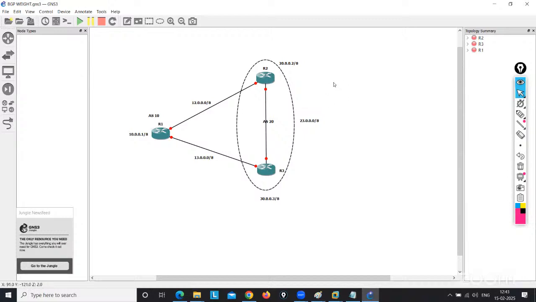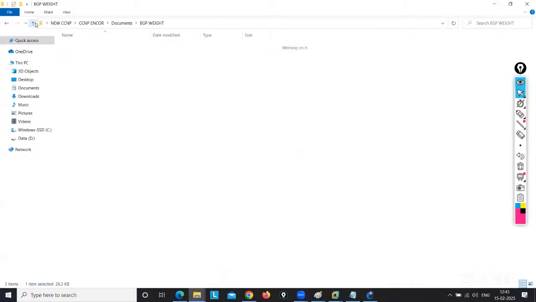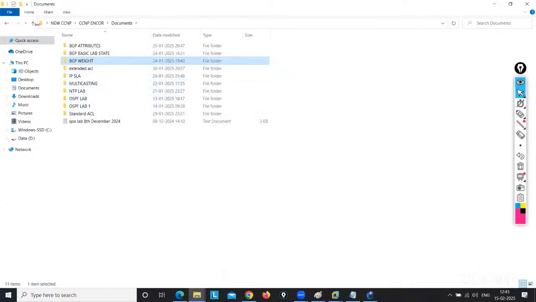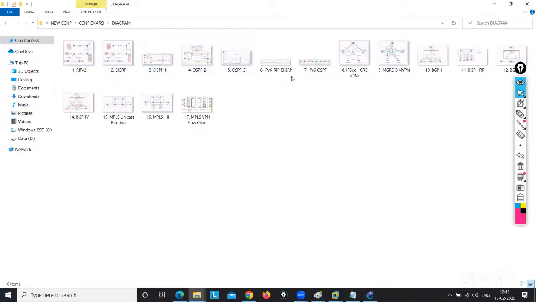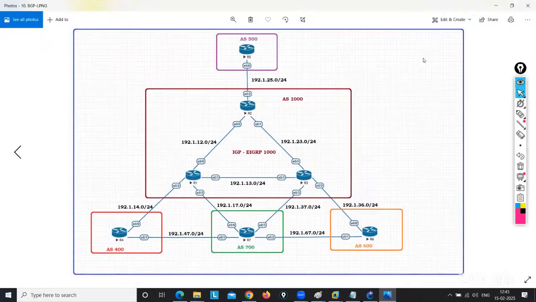Okay. So that is the Anchor part, a very small diagram. In the basics, it will be clear. But once you come to the NRC, let me show you how the diagram looks there. It should be like this. Because once you do the NRC, your complete BGP will be clear. After that, there will be no BGP left at the routing and switching level. Okay. So this type of very big diagram will be there.